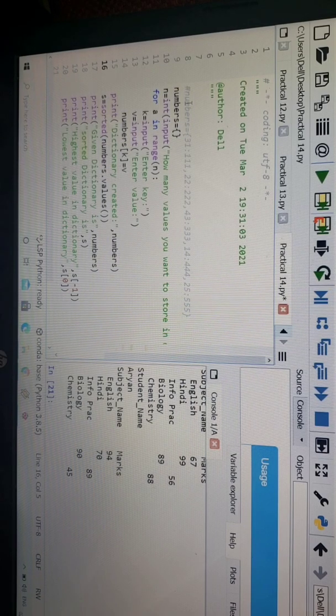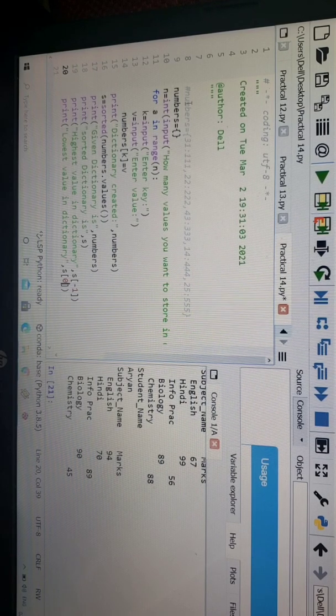Why are we sorting it? Because we want largest and smallest, so that we will only get if we are sorting our dictionary. So the sorted function we have related to dictionary, directly we can use that. After sorting its values, we can have our given dictionary and the sorted dictionary, and then we can calculate the highest value. We know that the highest value will be at the end, and we know that in backward indexing starts from -1, so you can directly write it should print whatever the value is at -1, and the lowest value, we know that it will start from the very first element, that is 0 in the forward indexing, so we can print S[0].